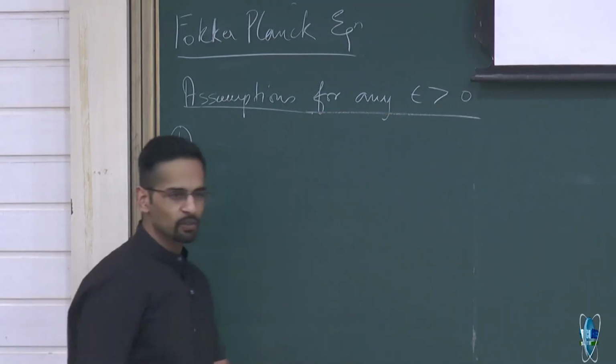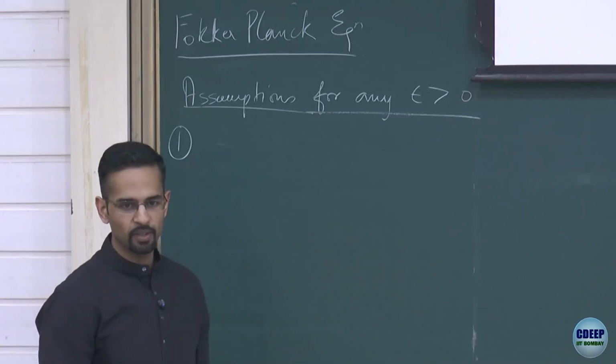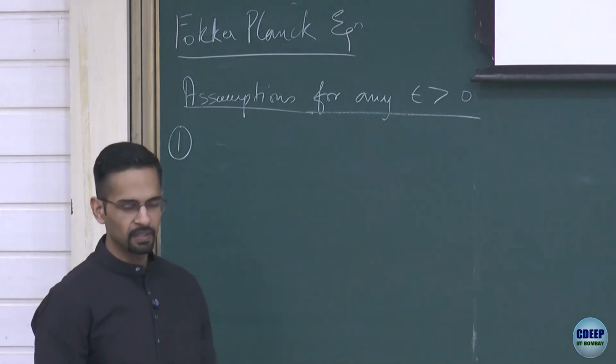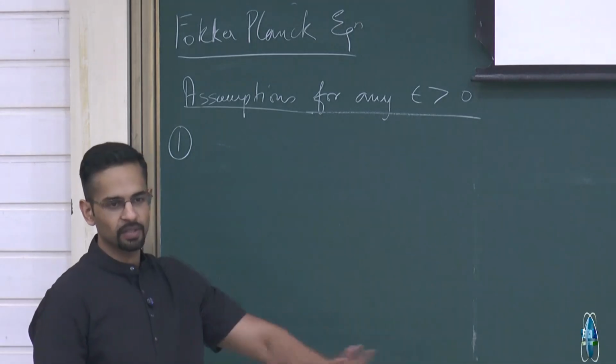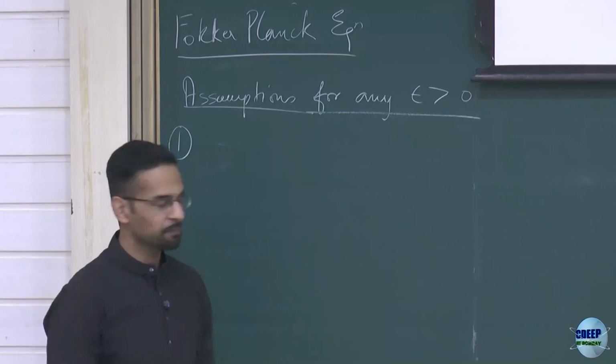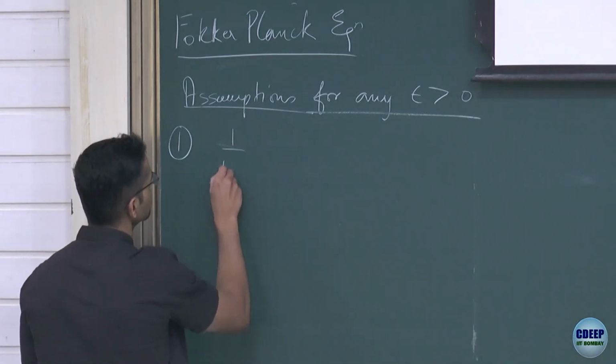As usual when we try to talk about continuous processes, we introduce the idea of some epsilon, which is positive and can be made as small as we like. So something greater than epsilon conveys the idea of a big jump. So now for any epsilon greater than 0,